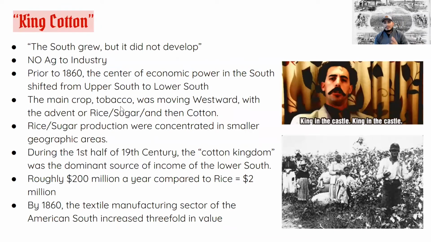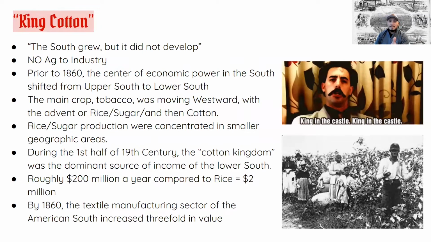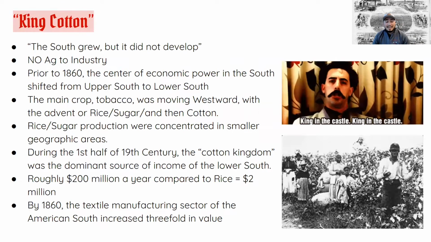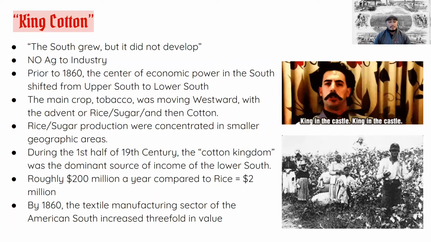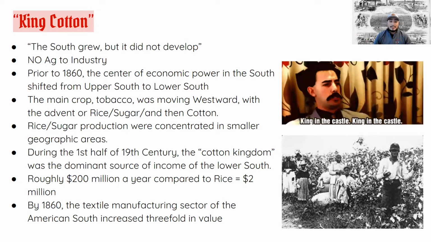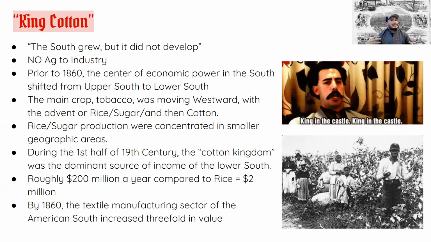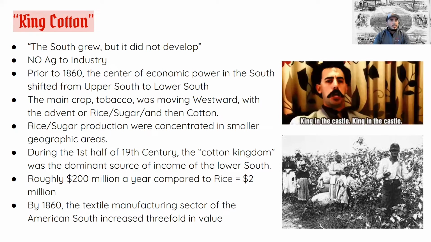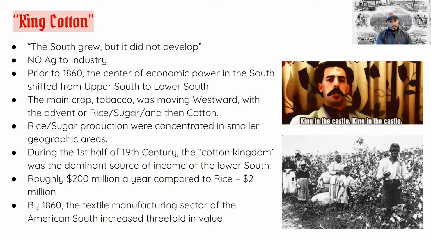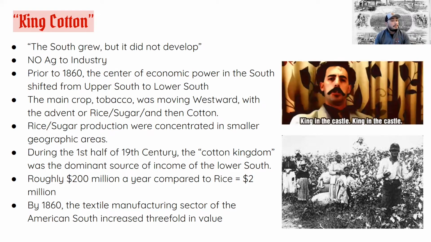So let's have a conversation about the South. The last time we talked about it, it was British American society. Well, we're speeding past that, and now we're in the times of antebellum slavery with American society. And what's changed since the last time we've looked at it? Well, we understand in the 1800s, the South is growing. Now, its growth is different than the North, and this is a very big deal later on.